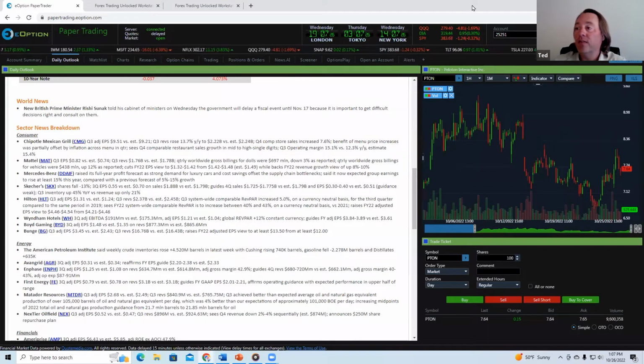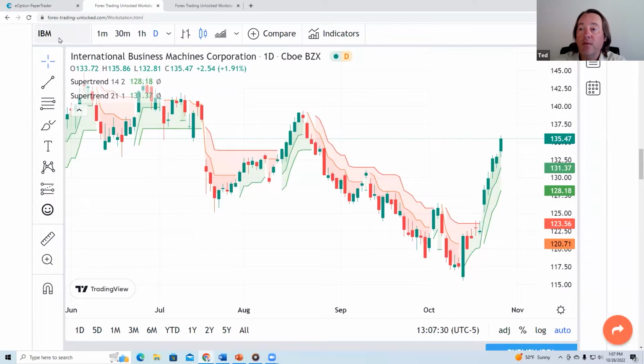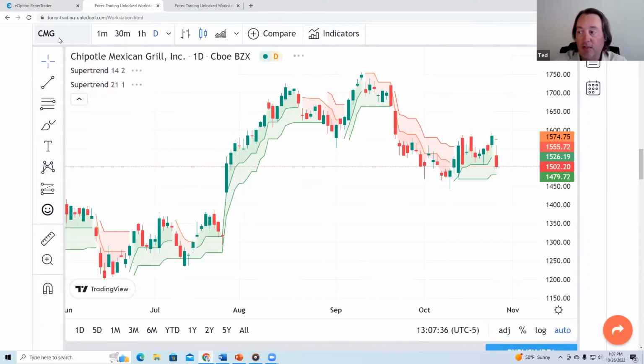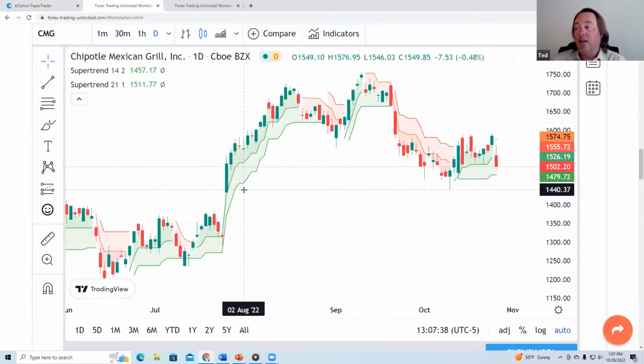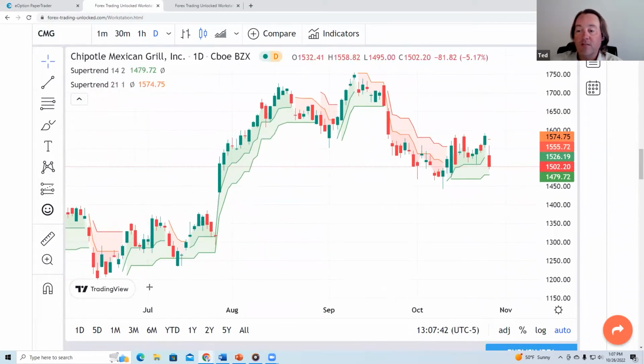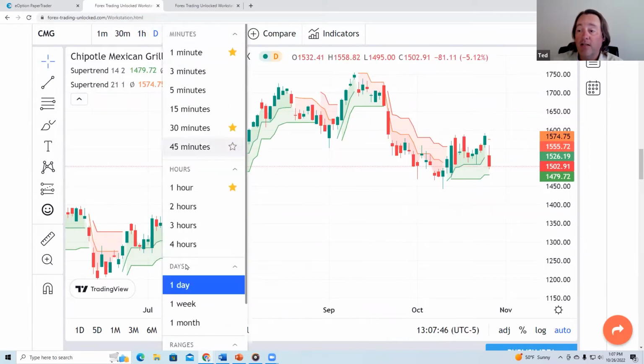Okay, so now let's get to a chart here. All right, so let's see, we had Chipotle. So CMG, let's take a look at what this stock is doing. All right, CMG here is Chipotle Mexican Grill. Okay, so as we can see, since the middle of July, the stock has been basically trending higher. So on a daily basis